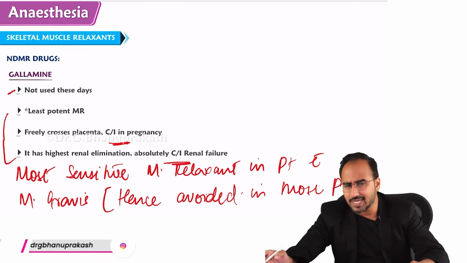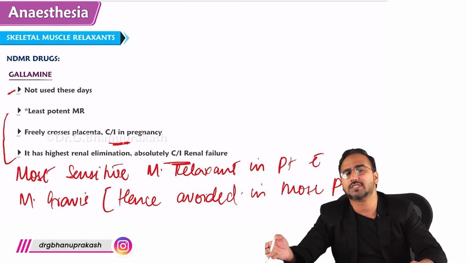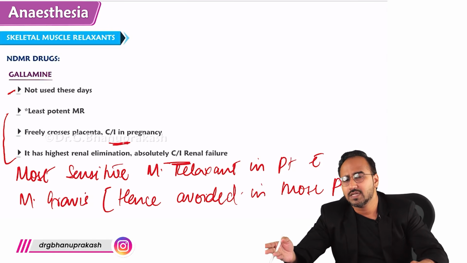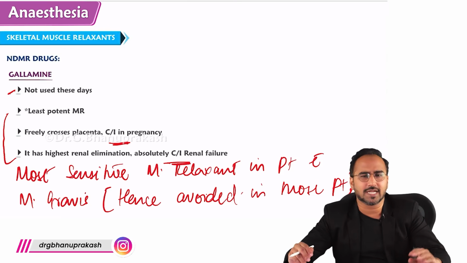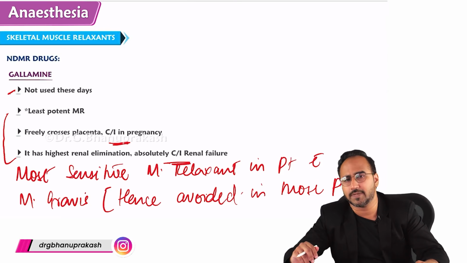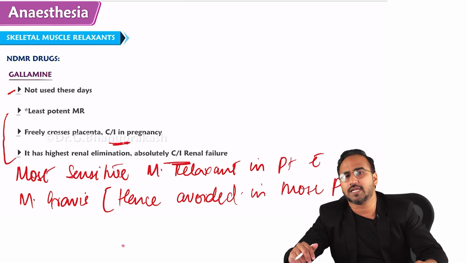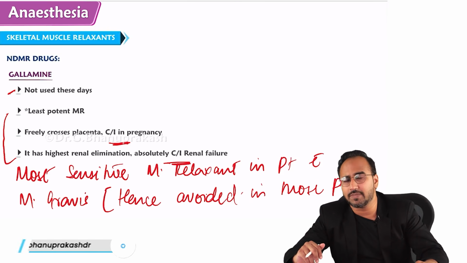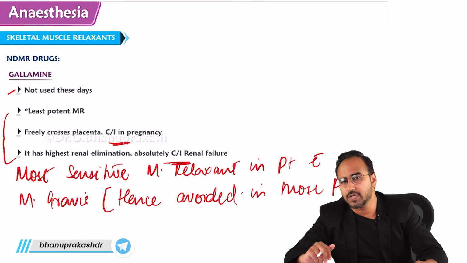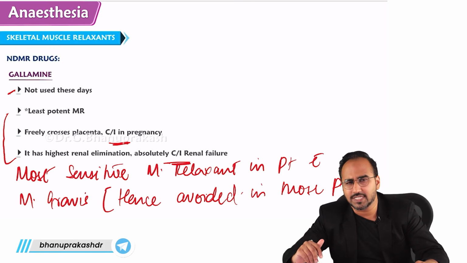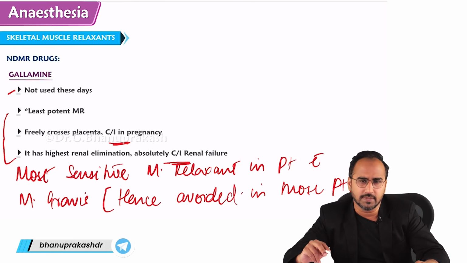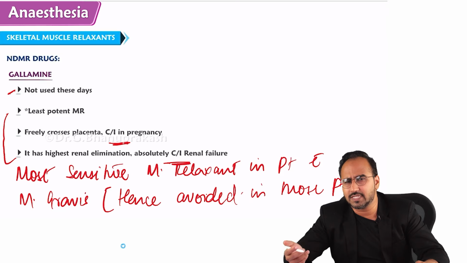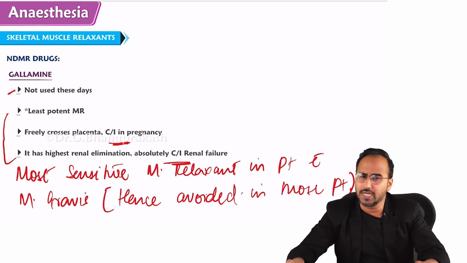Then came the shortest acting, Mivacurium. Then came the longest acting muscle relaxant, Doxacurium. Then came the second longest acting, Pancuronium. Then came the most cardiostable muscle relaxant, Vecuronium. Then came the painful rock star, the fastest acting, Rocuronium. Last was Gallamine, the sensitive muscle relaxant in myasthenia gravis patients. That finishes our non-depolarizing